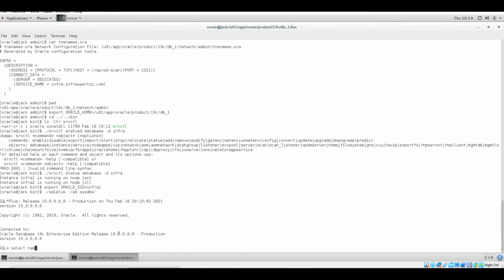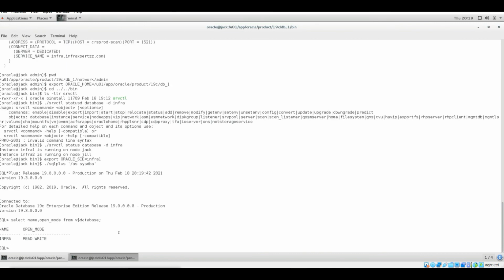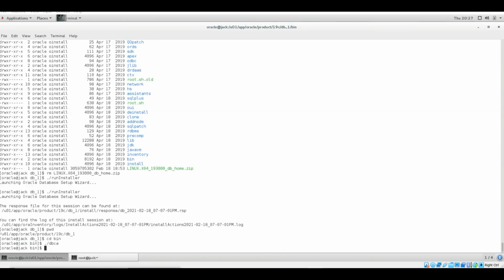And my database version is 19.3. So we are done with our RAC setup currently.